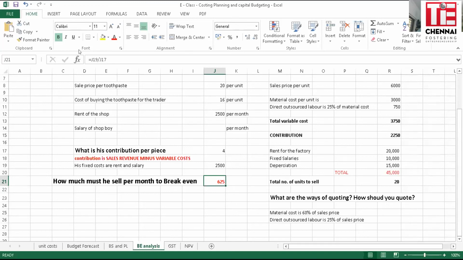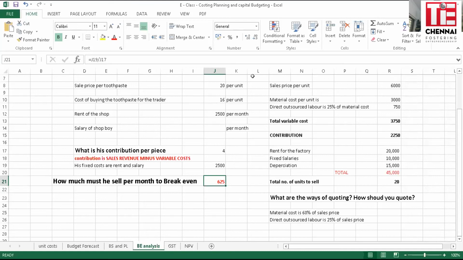Sometimes we do sell at a loss. I don't know how many of you have done marketing, but I sell at a loss because it's a loss leader. If you go to buy a product, they'll give you something else free, so that after some time you love that something else and you start buying that, and then its total revenue goes up. But those are business tactics. So long as you do it after understanding properly where your costs are, you don't have a problem. But if you do it without understanding, you will have to down shutters and become insolvent in a matter of a couple of months.